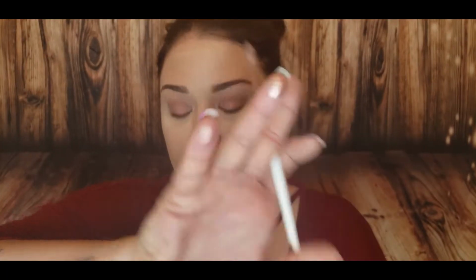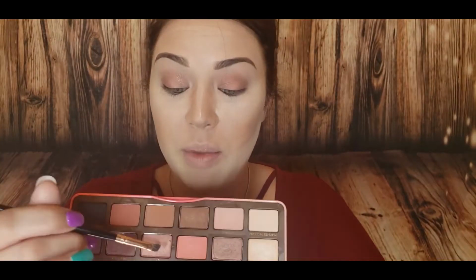I'm gonna take Bellini, this shade. It looked really dark in the pan, but when I swatched it on my finger just now, ridiculous. Ooh, that's pretty. Here's what I'm gonna try to do. I'm gonna get a nice angled brush like this. I'm gonna go back into Bellini and I'm gonna try to pop that on the inner corner of my lower lash line and see if I can maybe,